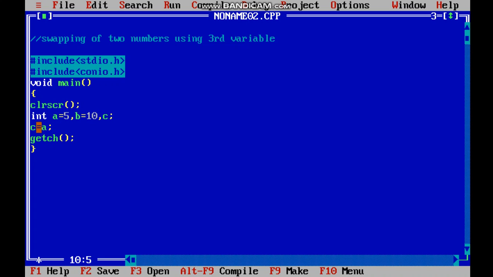So as soon as I use C equal to A, the right part's value will now be in C. That means a's value will now be in C. Now C is equal to a's value, that is 5, and also a's value is 5 because we have not changed a's value, and b is already 10. Okay, these are the values for now.